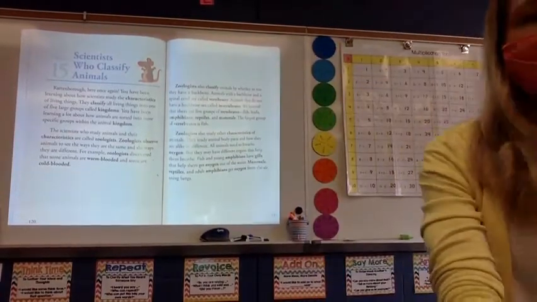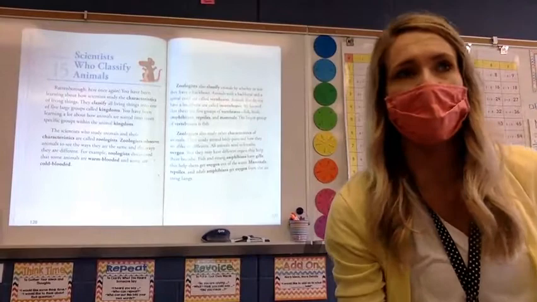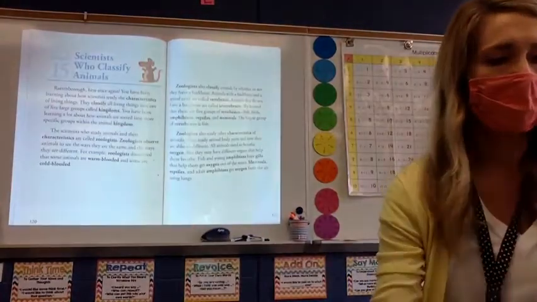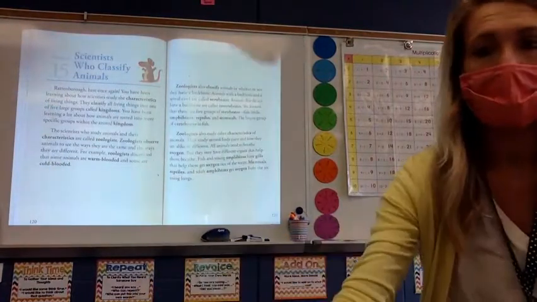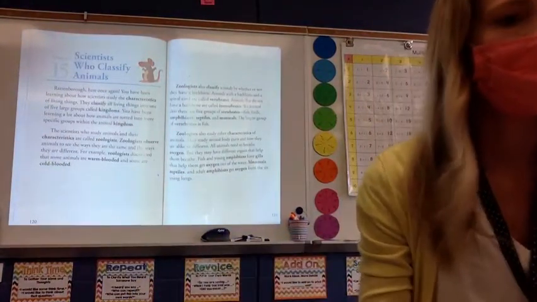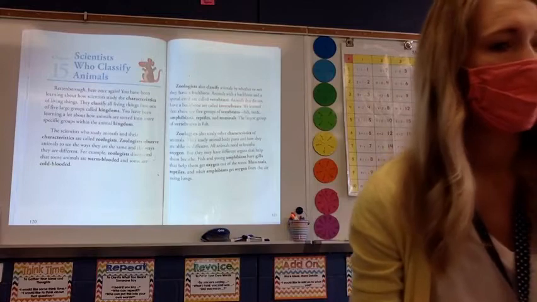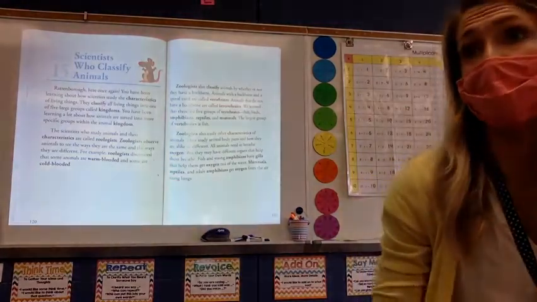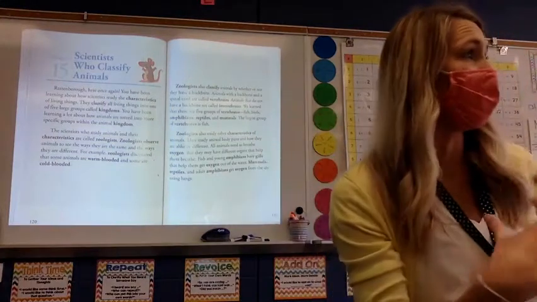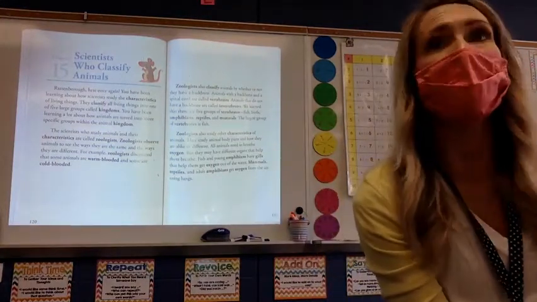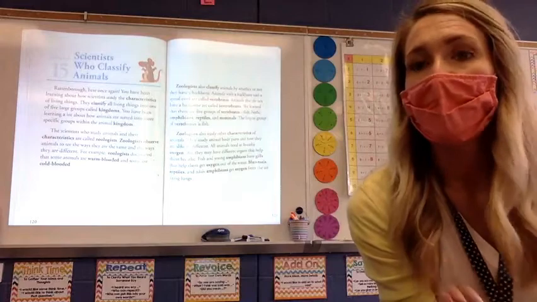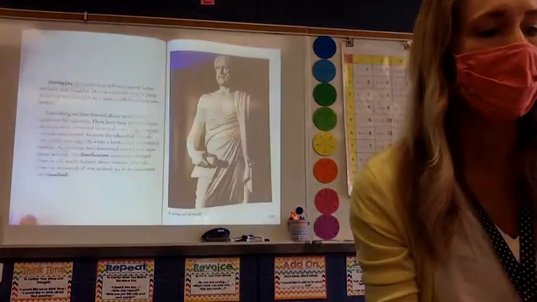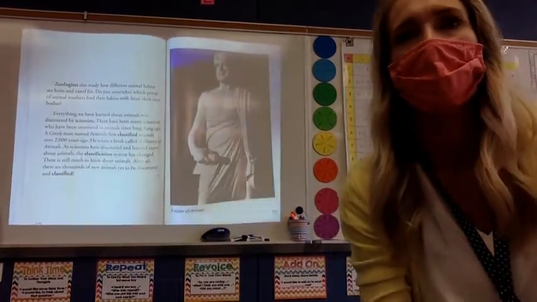What does a zoologist do? What did we read that a zoologist does? Griffin. A zoologist just studies animals and classifies them into kingdoms and vertebrates and invertebrates. Yeah, that's exactly what they're doing. They're discovering them. They're classifying them. There are millions of zoologists, right? And they're constantly discovering new things all the time. Let's go ahead and turn the page, and we'll take our focus to this next page.